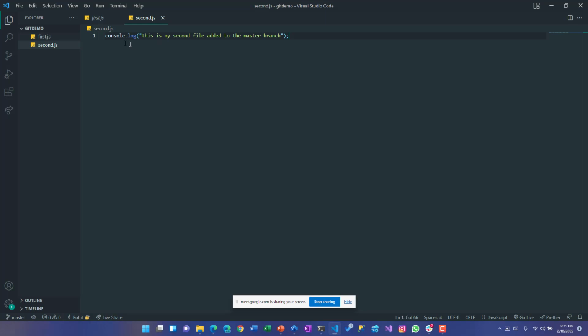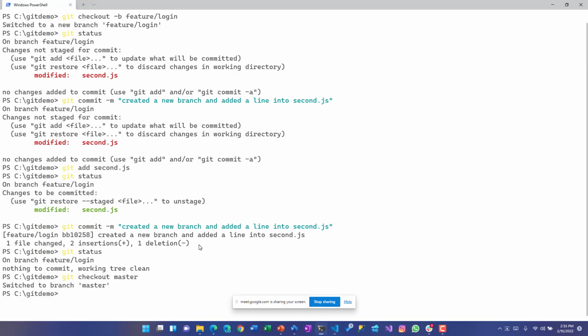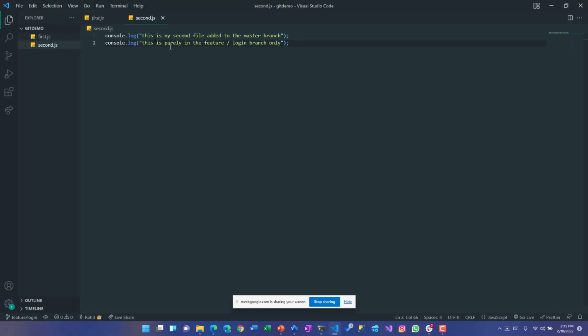So see, when I switch to master, the master second.js does not have that line, right? It's automatic because I've opened that folder. It's automatically switching. So that does not contain that line. Okay. Now if I switch it back, git checkout feature/login, press enter. I switched on to that, go back to this, and immediately that line pops up, right?